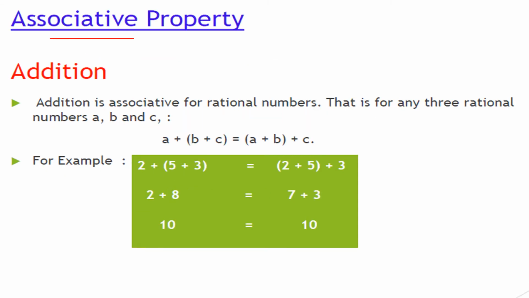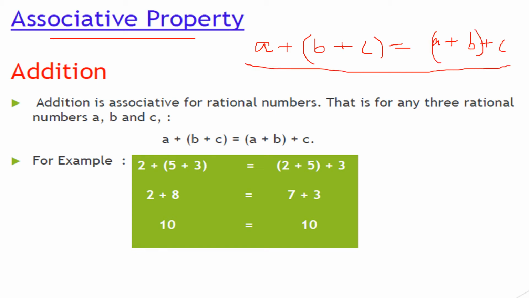Now the associative property. It is based on three numbers at a time and the position of brackets. So if you have three numbers, suppose a plus b plus c, and you put a bracket on the last two terms like this, and you have the same three numbers and you put the bracket on the first two terms like this, it will not change the answer. Although we all know brackets as per BODMAS have the highest priority. That means you have to solve b plus c first. In this case you have to solve a plus b first. Still the answer you will get will be the same. How? Let's see the example.